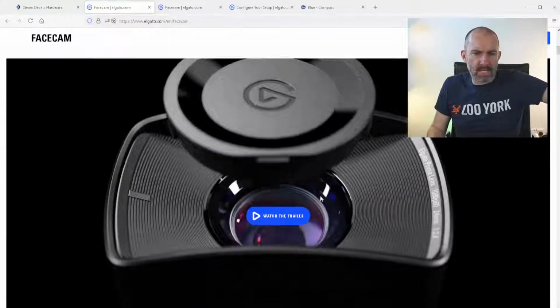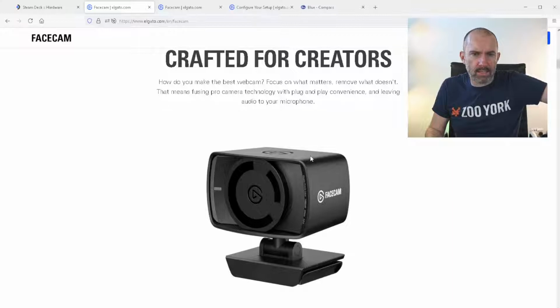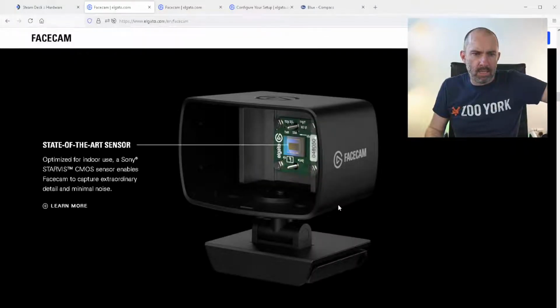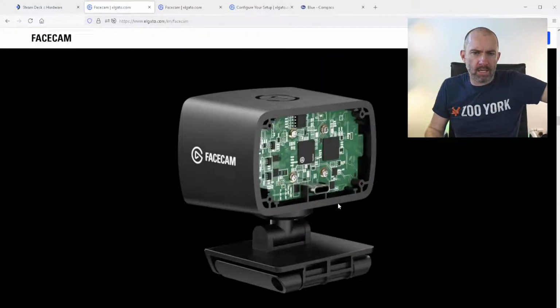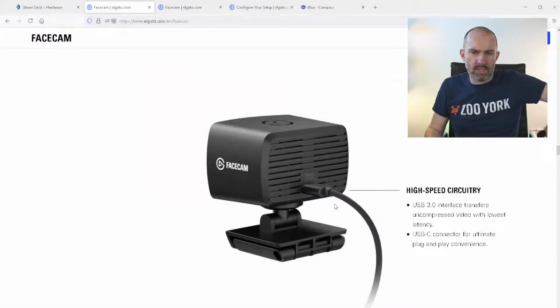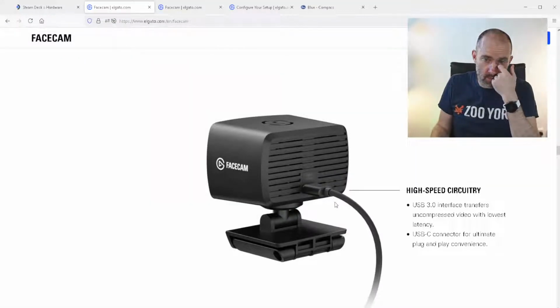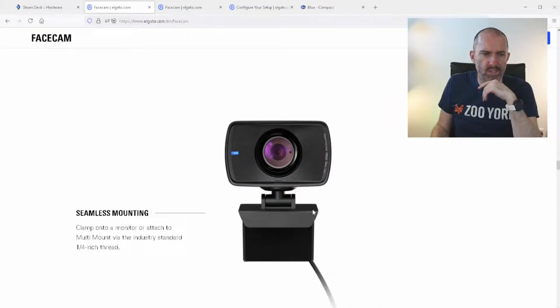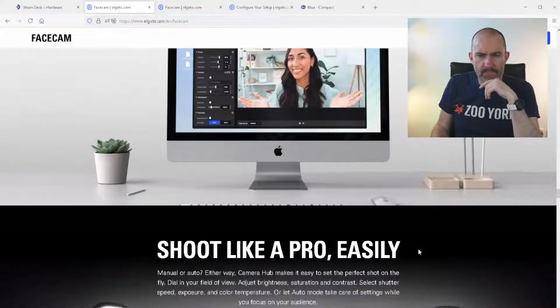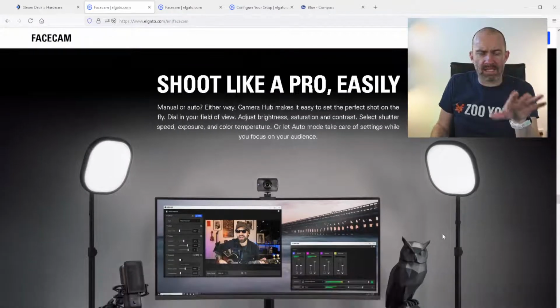or $199. It's Type C, I believe, f2.4, focal length of 24mm. I've not seen the preview of this as yet. There you go, USB 3. I don't believe it needs software. I think it's UVC. Multi-mount via the industry standard 1/4" thread. Yeah,